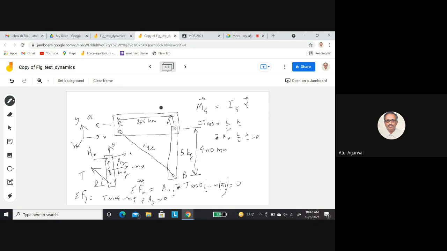Any questions? Excuse me, sir. Yeah. So in the equation of equilibrium along Fx, will the direction of m a be opposite or will it be like this? It will be opposite to the direction of this A. A is accelerating to the left. It will be, sir, opposite to t cos theta, right? Because t cos theta is in the direction of acceleration. I tell you, this is the acceleration. That's the end of the story.